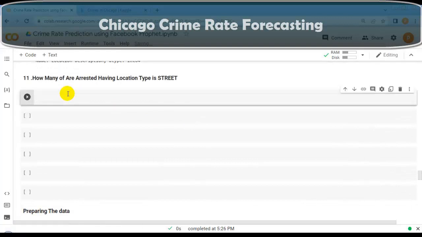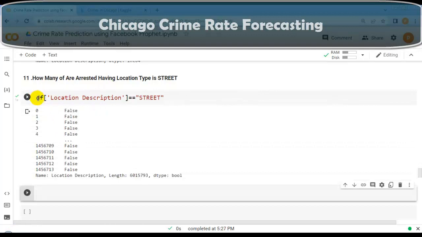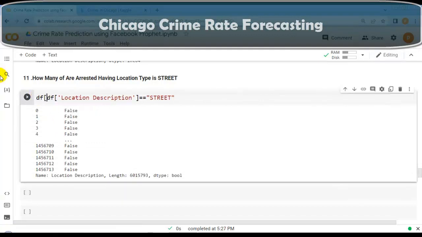So now our next question. In this question, we have to find how many are arrested having location type is street. So again we have to use this column, location description, and we are interested in street. Let me execute this cell. As you can see here, the output is Boolean values. So now let's pass these Boolean values into our pandas data frame to get actual values.